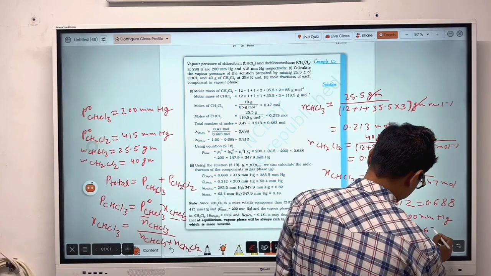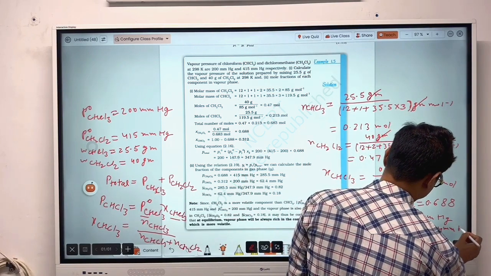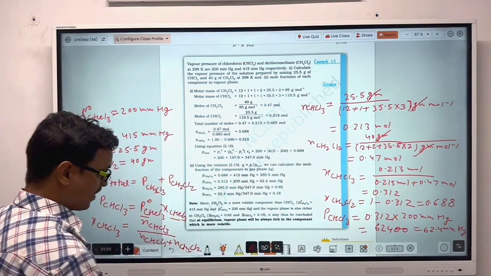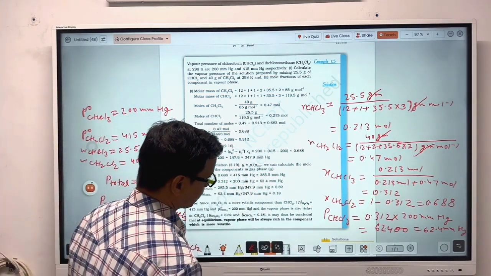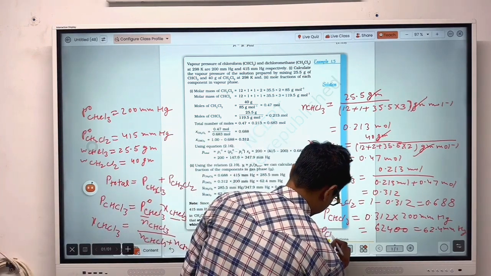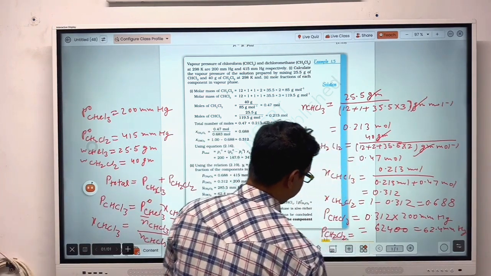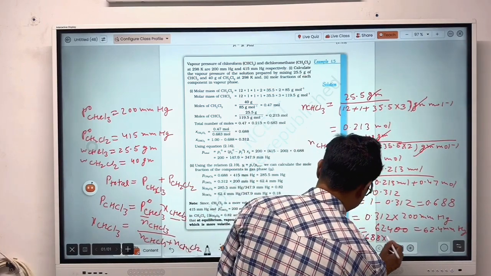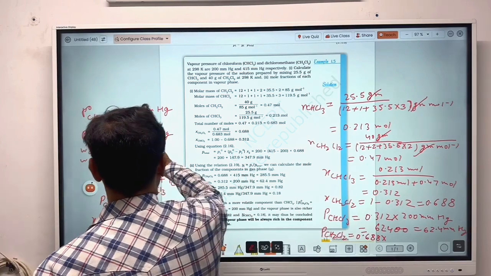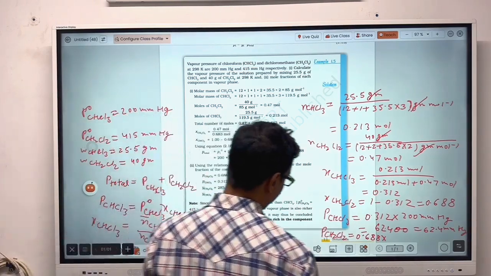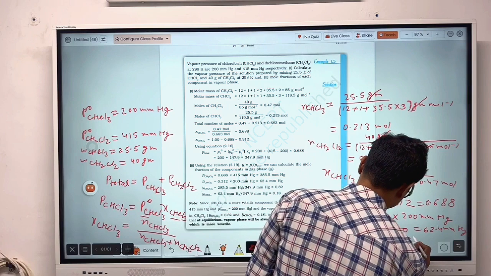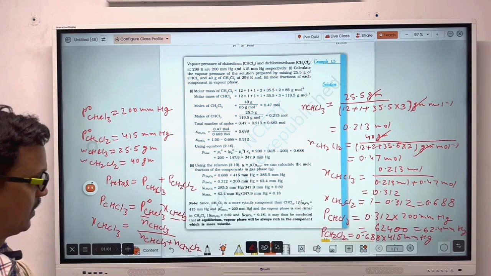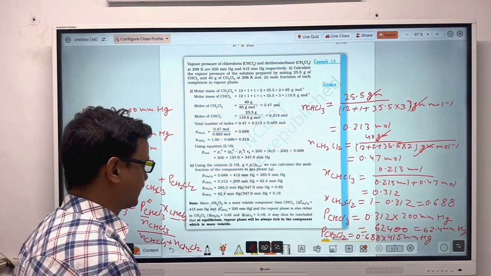That means 62.4 mmHg. In the same way, you can also find out the vapor pressure of dichloromethane. So vapor pressure of dichloromethane will be equal to mole fraction of dichloromethane, that is 0.688, into vapor pressure of dichloromethane in pure state, which is 415 mmHg. Okay. So after multiplying this, that will become